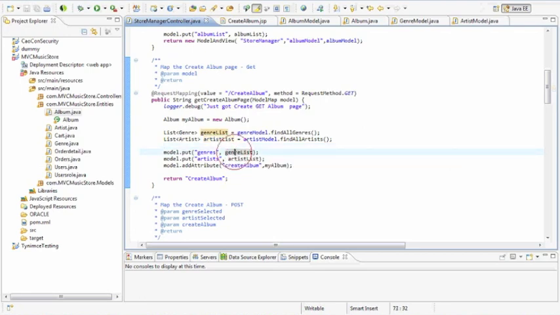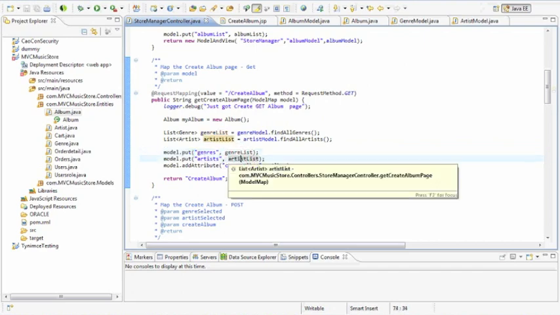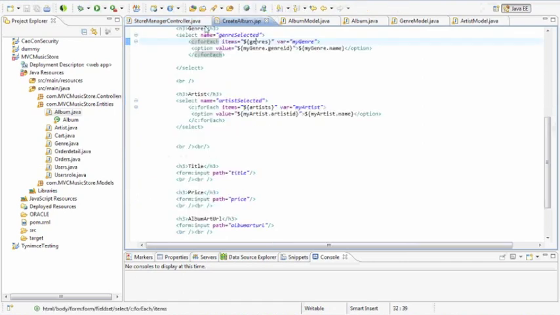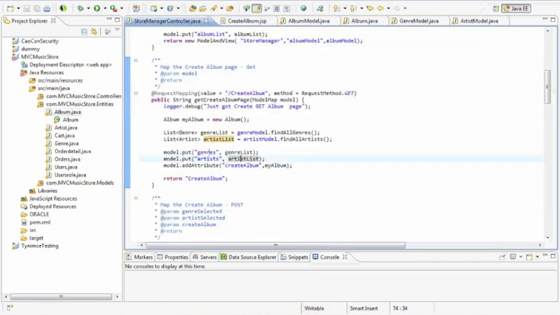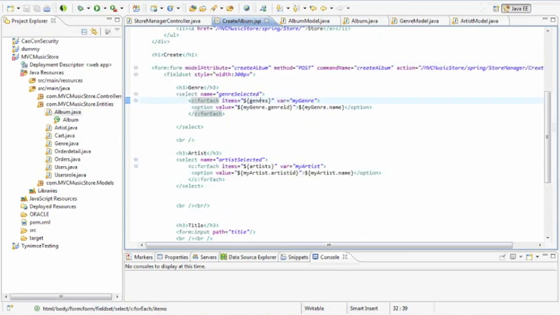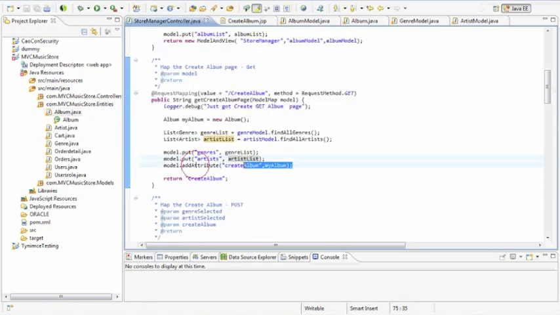Okay, and so we deal with the two, artist list and genre list. We put the genre list and artist list to the view, and remember, this is the name of the variable, and those are the information we want to send here to the view, genre and artist. Okay, and the album over here,